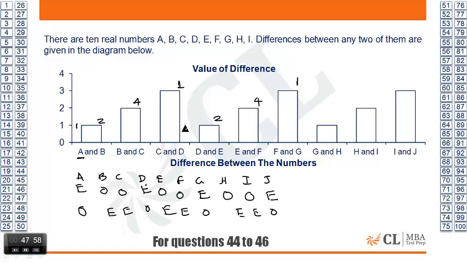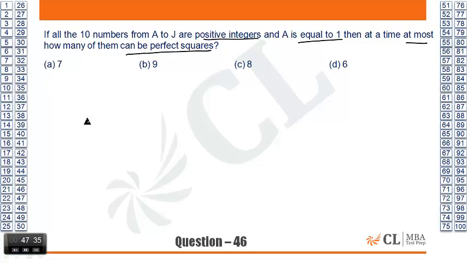That's the same story down. So H is either +1 or -1. Cannot be -1, has to be +1. Has to be 2. This can be 4. And this -1, 3. How many perfect squares? 1, 2, 3, 4, 5, 6, 7. Should I count A? If you count A, 7. At most, how many of them? So we have to count A, 7.